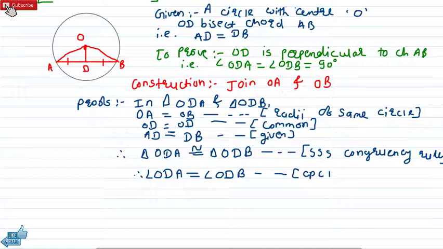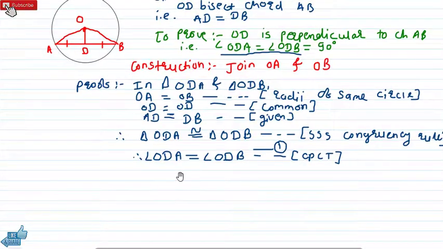CPCT. Now, is the theorem finished? Obviously not. Don't be in a hurry. So we have only shown that the angles are equal. 90 degrees remaining. Now I'm just giving it equation number 1. Now the main part is starting. Most students solve up to this and they just write down, therefore it's 90 degrees, it's perpendicular, hence proved. No, you have only solved half the theorem. The most important part is still remaining.